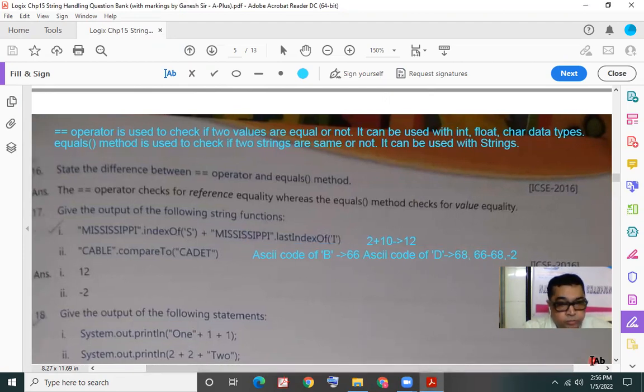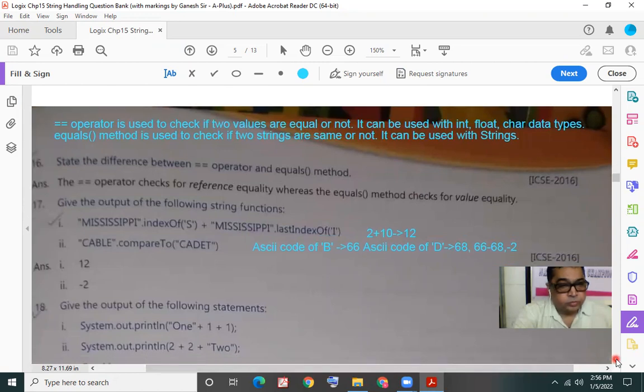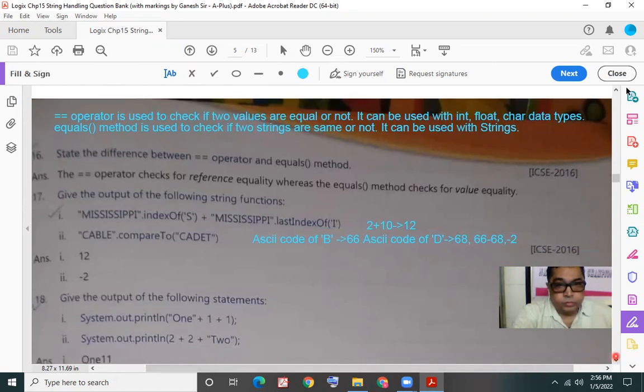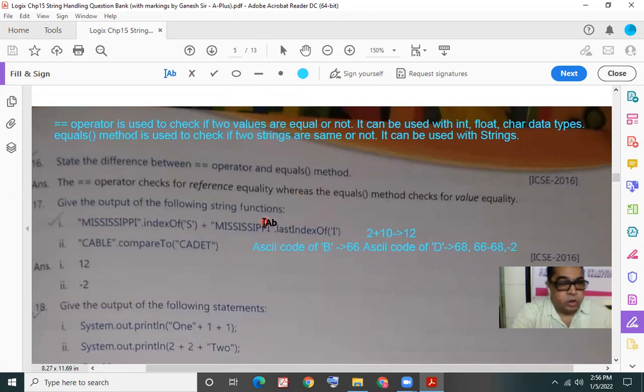Question number 18 now. Remember, while I'm solving this question bank, we have already solved this kind of question. We are still solving it so as to revise the concept. Indirectly, many concepts of SEM 1 would get revised in the process of solving such problems.